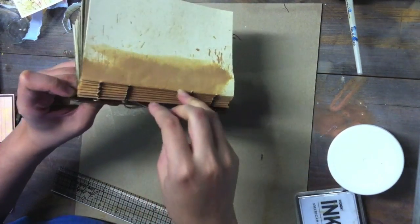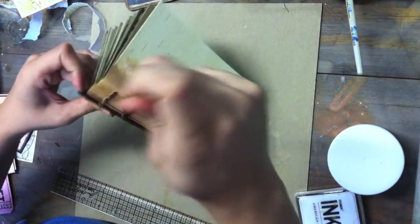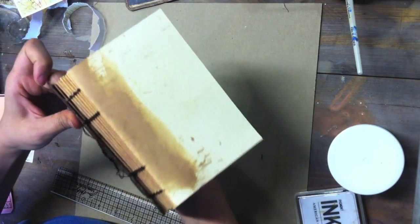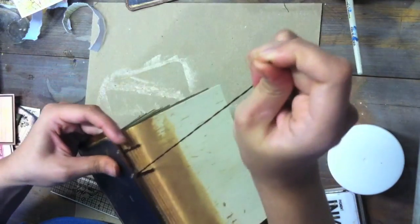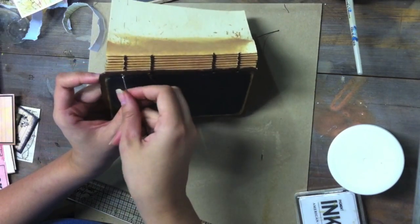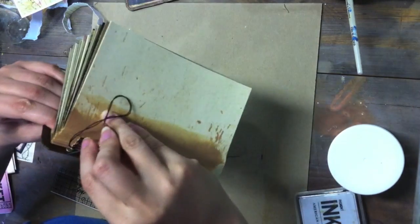Or this is the first time for this one. And then you're going to go underneath your stitch again, and then above your stitch, pull real tight, and then go right back out that hole again. And then you're going to go underneath the stitch, over the stitch, and then right back out that hole. And then you're going to skip over to the next hole right here. And same thing, you're going to go under the stitch, and over, and out the hole,